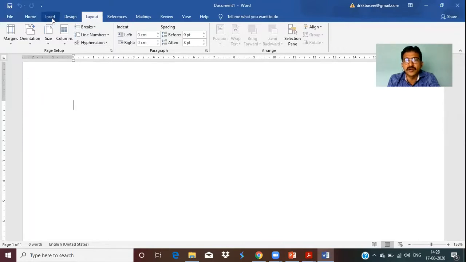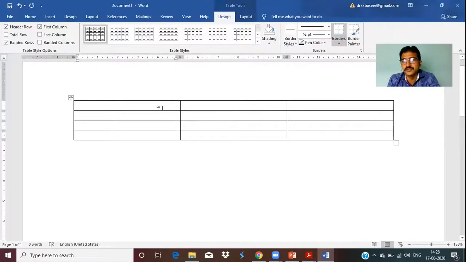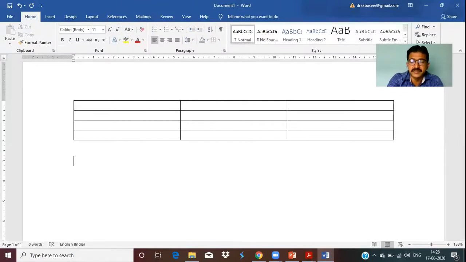If you want to insert a table, you can directly go to Insert, click on Table, and choose how many rows and columns. Like this, you can insert the table easily. But in HTML, you need to write the tags. You need to write the tag table, followed by the number of rows required. Each row is considered a tr, and if you want a column, you can use th for each column. These are called elements, also called tags. You need to write the code and display it on the page. That's the only difference between this and this.